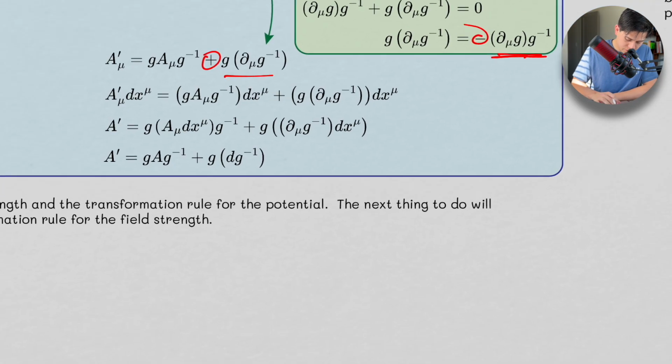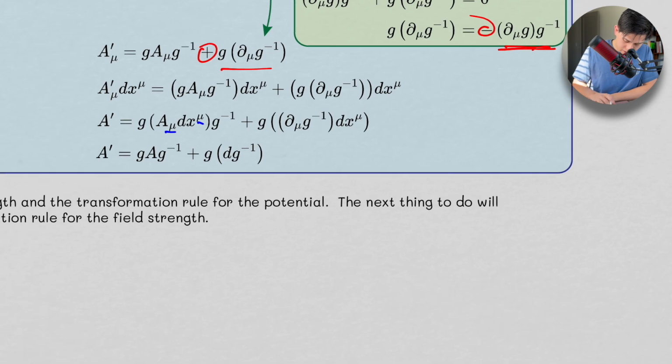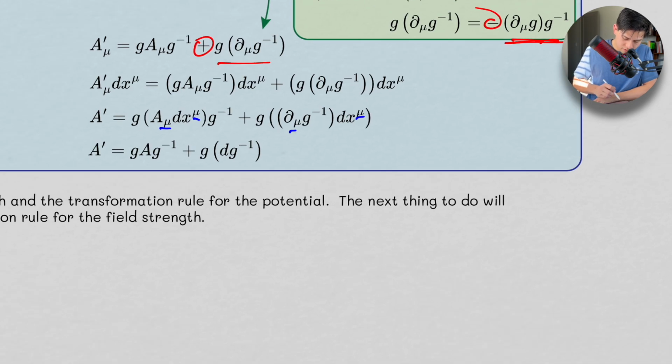And then we get this thing here, and then we get this, right? Because this thing here, that's just sum over mu, Einstein's sum over mu, and a sum over mu again, right? That's the exterior derivative. This here is the exterior derivative